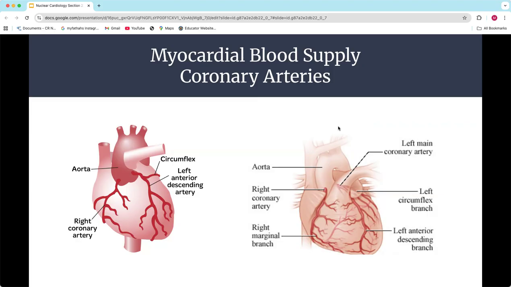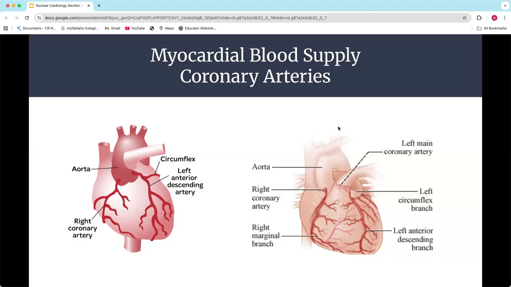The convenient thing for us, of course, is that everybody's coronary arteries, just like every other part of our anatomy, are generally the same. Obviously, anatomy has small differences, but they're very much the same. And so understanding what coronary arteries feed what portion of the heart muscle is important as we start looking at images, so that when we see that the heart is missing blood flow in a certain area, we can identify likely what coronary artery is involved, and where you probably have some kind of blockage or narrowing in the coronary artery itself.